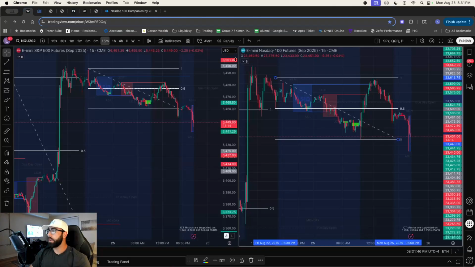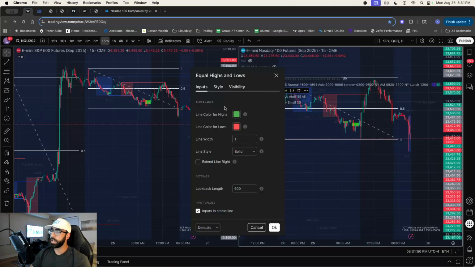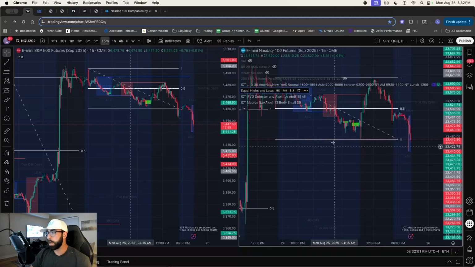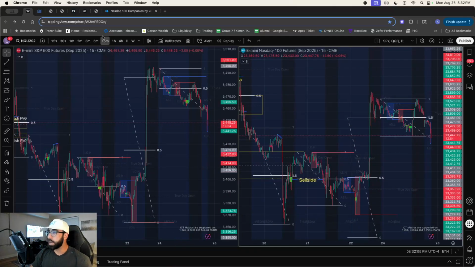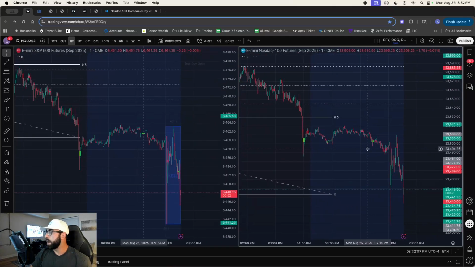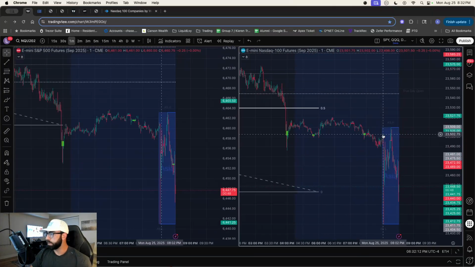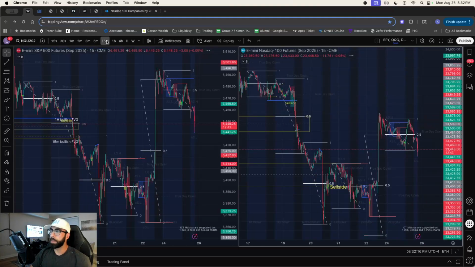We also have on our charts indicators that show that. So we actually have the equal highs and equal lows indicator. If you go to my frequently asked questions, the FAQ section in the education folder, it tells you all my indicators and how to customize them. And what those do is it will indicate exactly that, equal highs and equal lows when they show up. You don't have to put it on ES. We put it on just NQ because ES doesn't move as much. But that would be S tier targets for your take profit.